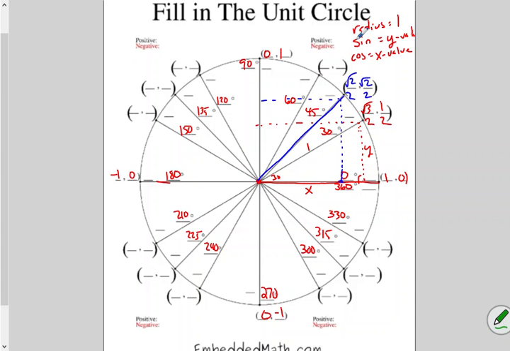And then finally, if we're talking about this 60-degree angle, again the distance to the x value has gotten smaller. So from square root of 2 over 2 to 1 over 2. And the distance on the y-axis has increased. So that gets us the square root of 3 over 2. Until finally we get to our quadrantal point of 0, 1. And then as we move